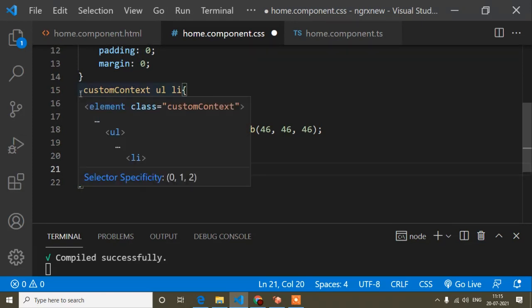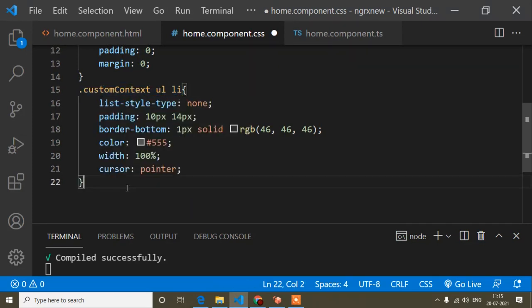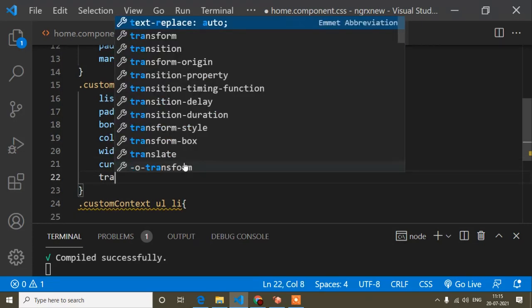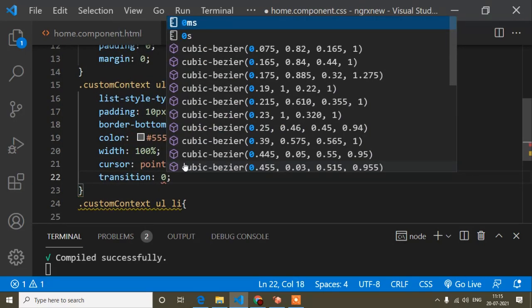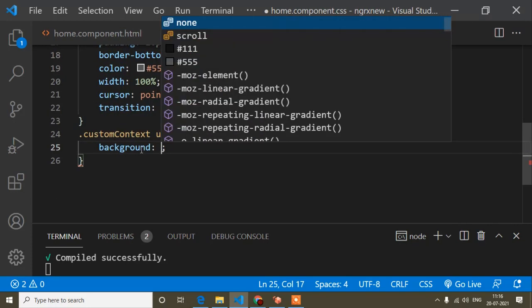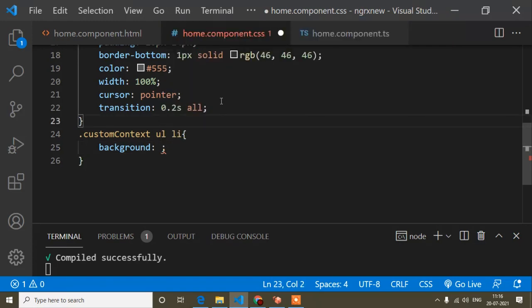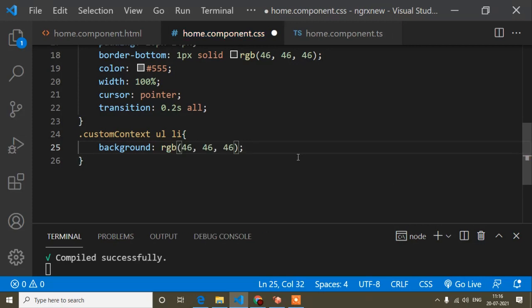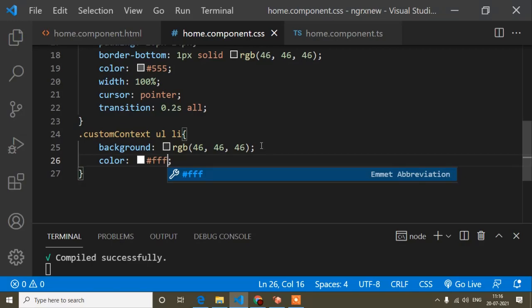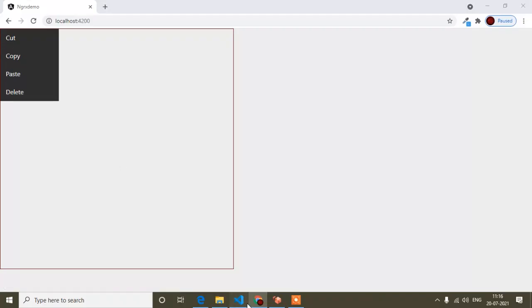And when I hover on this li tag, I will change the background color a little bit, but before that here I will write transition 0.2s, and now here I will change the background color, that is, this color code I will apply in background. Okay, and I will change the color to white. So let's check it. Okay, I forgot to write hover. So if I hover, you can see the menu is still here.